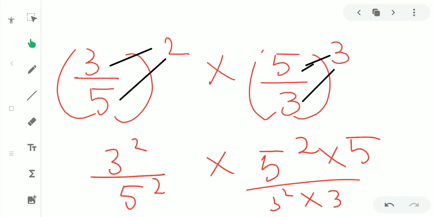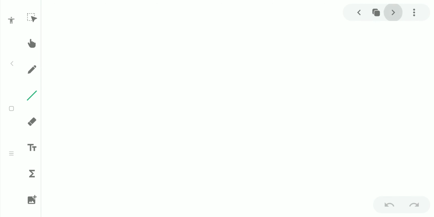and you know it is correct because if we keep 1 as power for the bases 5 and 3 individually, you will have the same, that is 5 power 2 plus 1, that is 5 cube, and 3 power 2 plus 1, that is 3 cube, by applying the formula a power m into a power n is equal to a power m plus n. So now here we can cancel 3 square and 3 square and 5 square and 5 square. We will have 5 by 3 remaining.